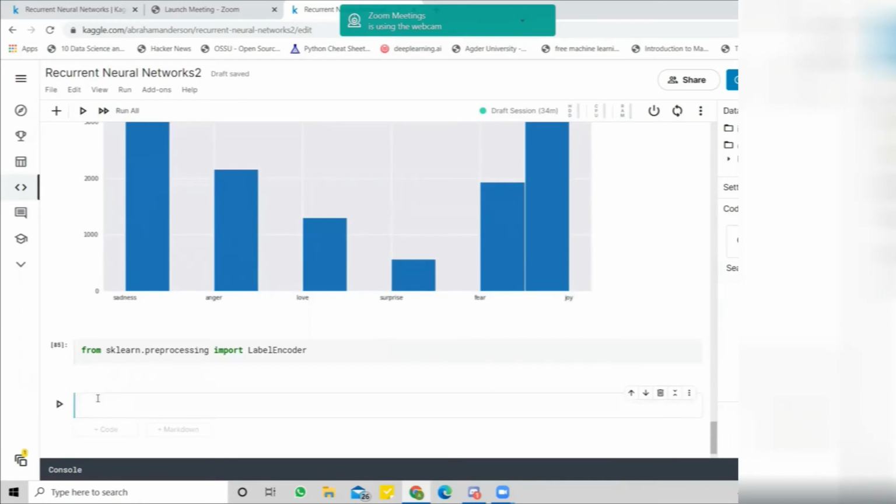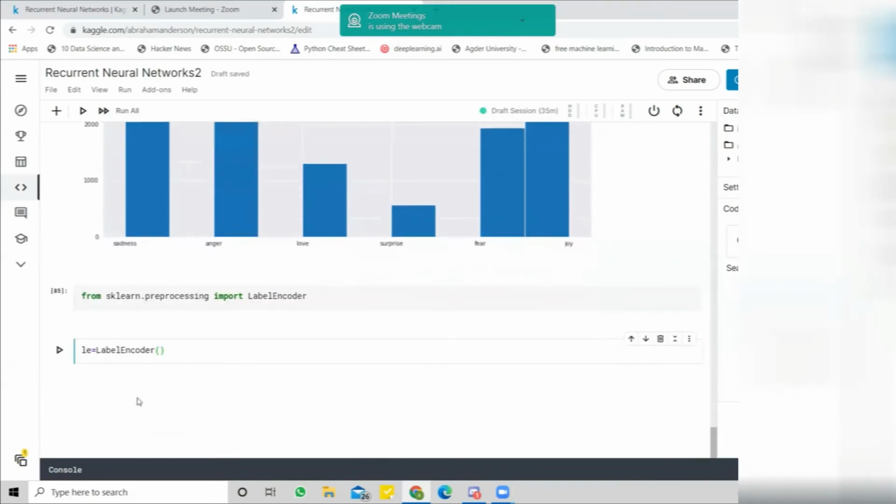After importing the function, the first step is creating an instance or an object. Let's give a short name, le, LabelEncoder. Now we have created an object, which means that after creating the object, by using this short version, we can use every method inside this function, right? The method is simple: library, and after that, function. Inside the function, we can use the methods we have.